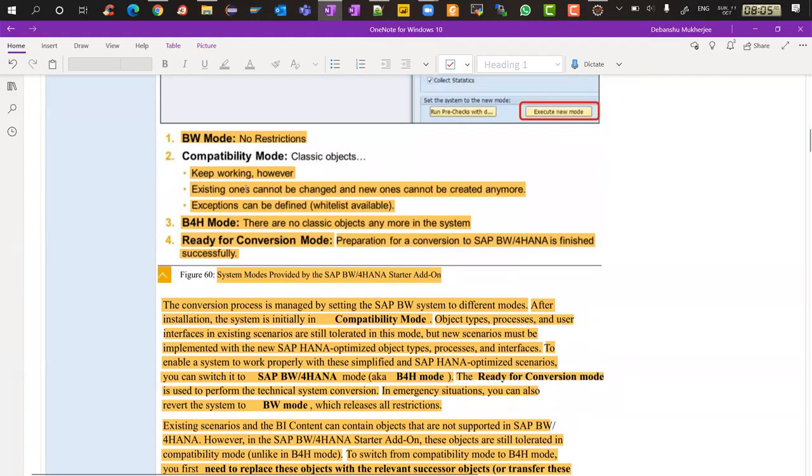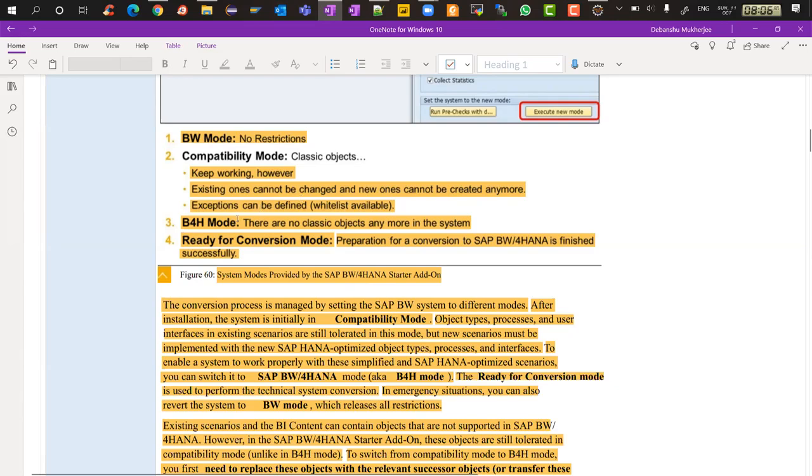Once you do the compatibility mode, and in compatibility mode, basically you will do all the different fixes which you have to do for you to be ready for your BW4HANA migration. Okay, so in compatibility mode, you will spend the most amount of time because your pre-checks has given you what are the things you have to take care. You will take care of them, and the readiness check has given you some details. The pre-check has given you, so all that fixes you will have to do in compatibility mode. Once you are done,